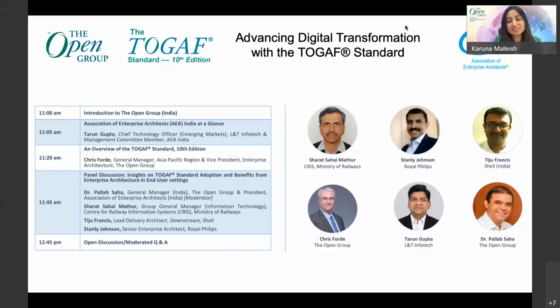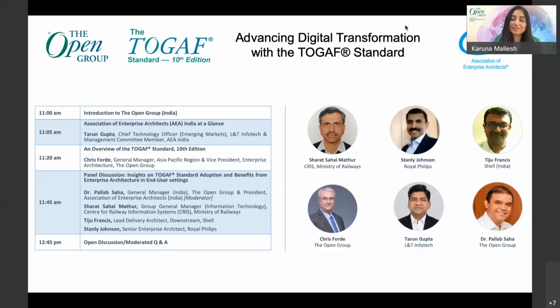The last two editions, as some of you might be aware, TOGAF 8 and 9, were launched in 2002 and 2009, respectively. The TOGAF Standard 10th edition was released last month on the 25th of April, marking a major milestone in the development of the world's most widely used enterprise architecture framework. Developed by the Open Group Architecture Forum, the release introduces a refreshed modular structure, which will make it easier to apply the TOGAF framework to different kinds of organizations and styles of architecture.